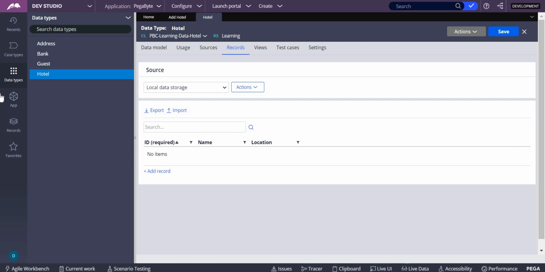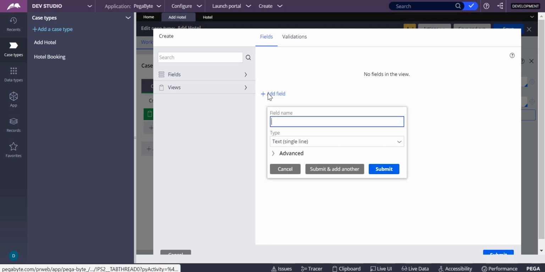How do I do that? I created one case type here, add hotel. In this I'm adding one property to add hotels. So add hotels is a property. This should be a data relationship because I want multiple hotels to be stored into my application.